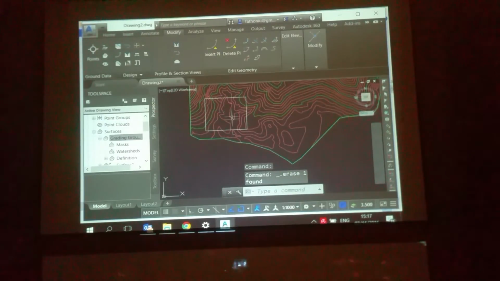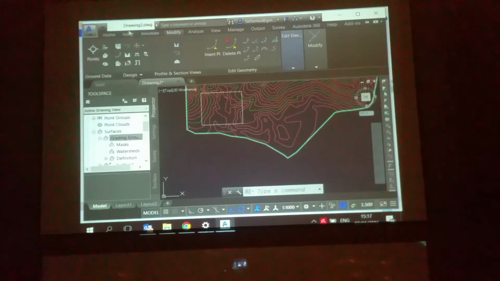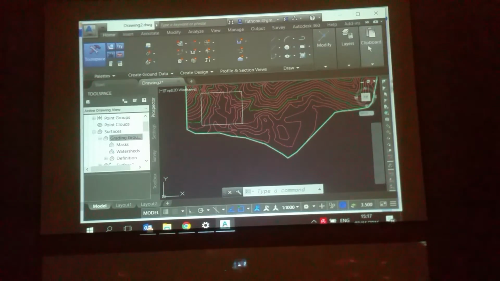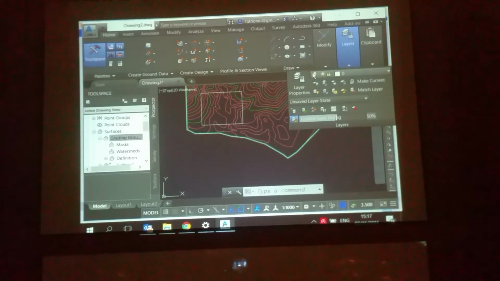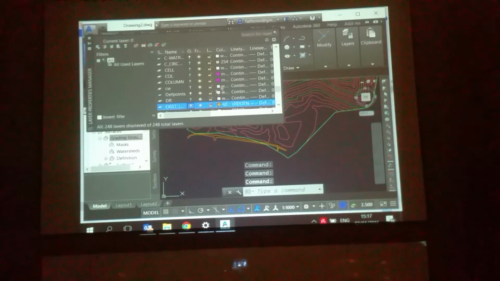Okay. And then my layers, both layers, properties, existing road, existing road, switch on existing road.